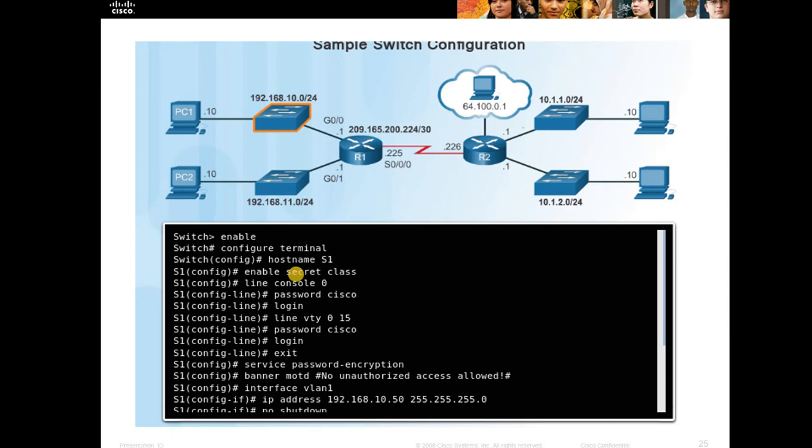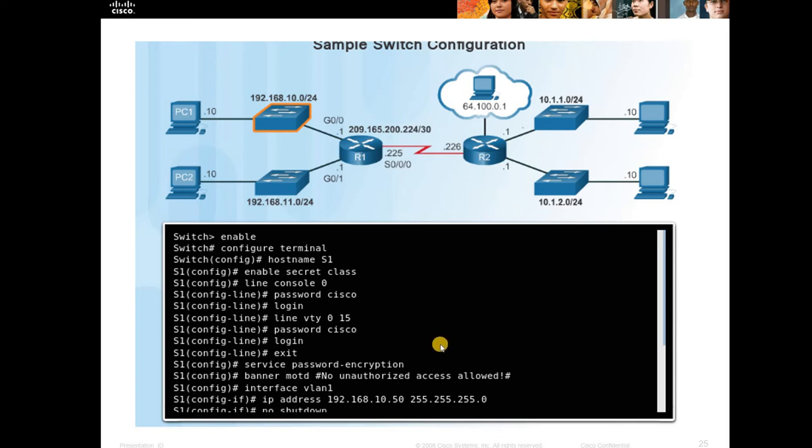To secure remote telnet SSH access, I am going for line VTY. The ports may support 16 ports, 0 to 15, and I am giving the password as Cisco and login to activate this password, and I can exit from this line mode here.